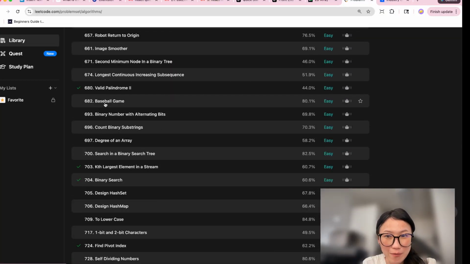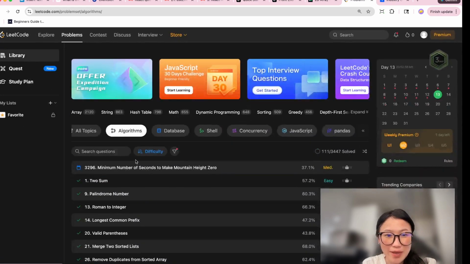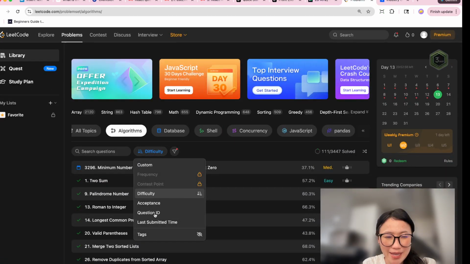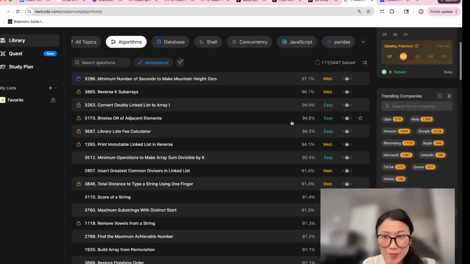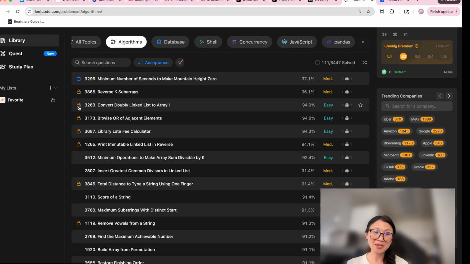Let's do a baseball game. No, let's not do it by easy. Let's do it by acceptance rate. I want to see the highest ones. These are locked, so these look like they're LeetCode Premium, which I don't have yet, but I'm thinking about getting one day. But sometimes